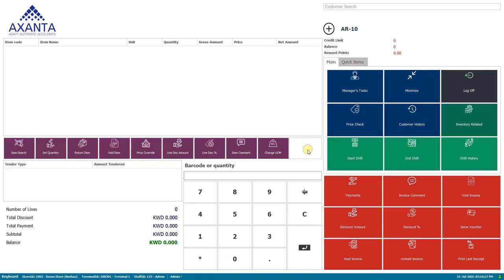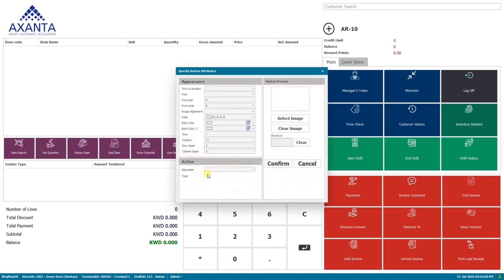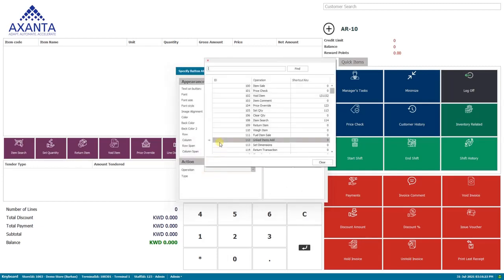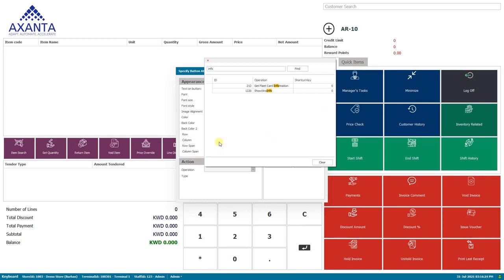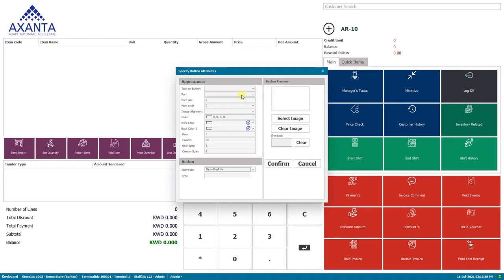I'll go to the button properties, and from the operation list I will choose info code show extra info. This is the operation, and I'll give that reference number ID here, and I'll name this button as reference number.